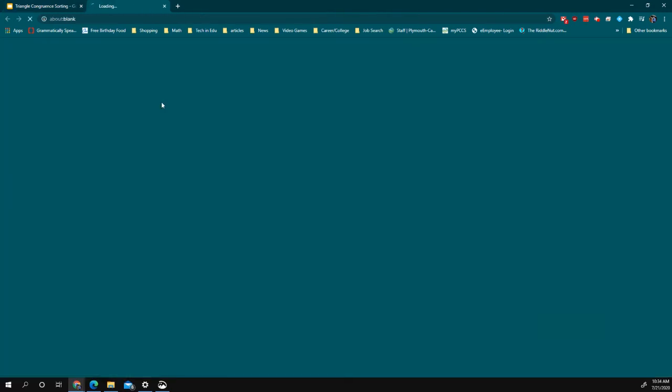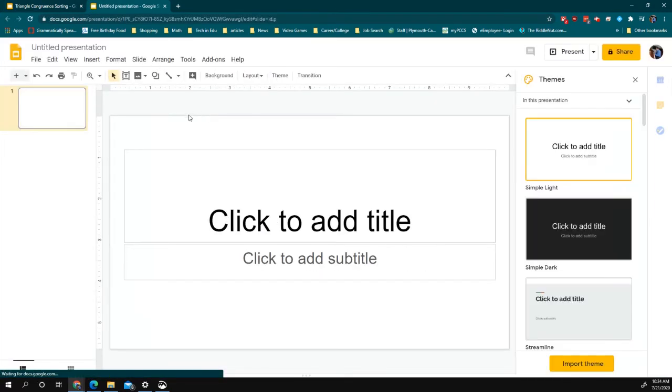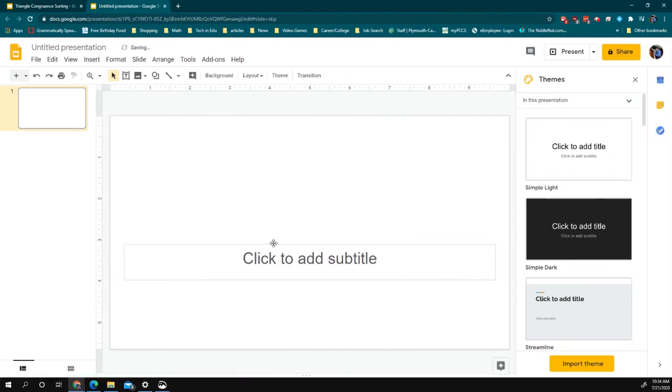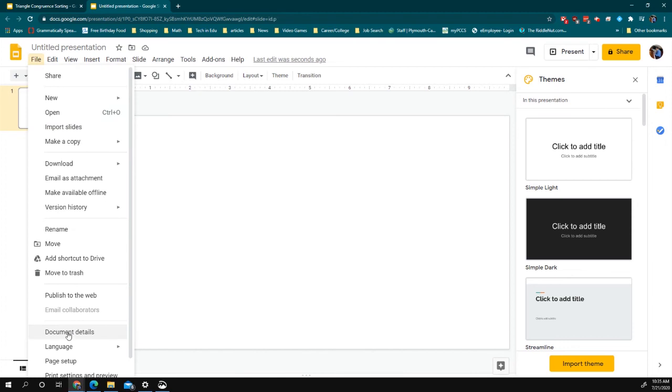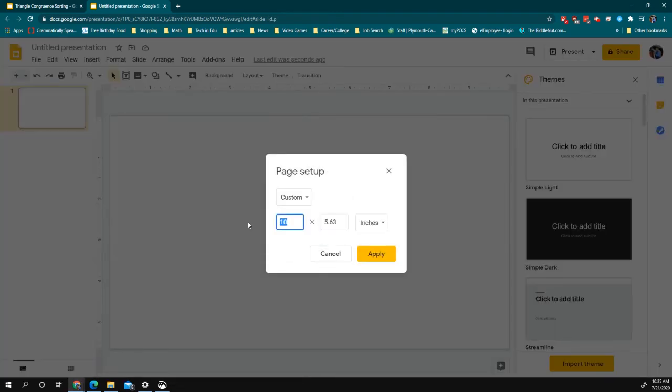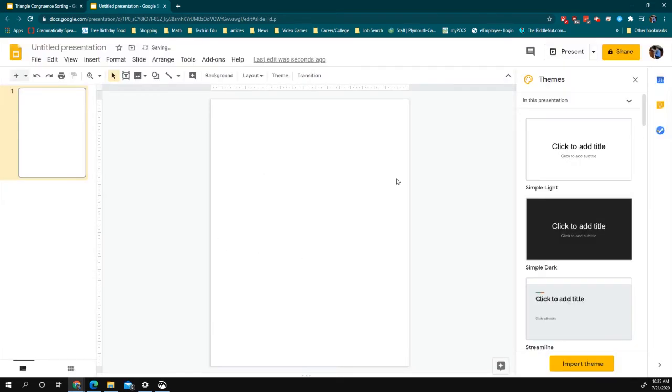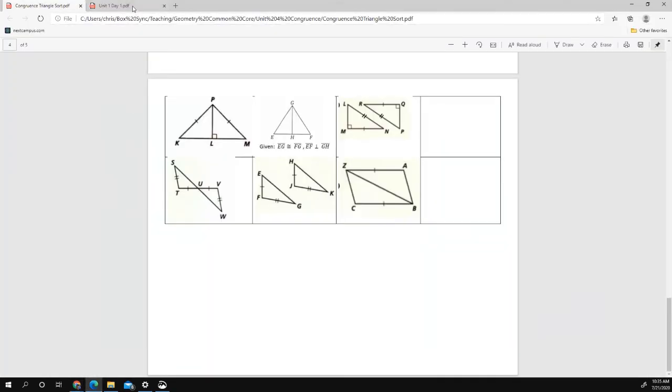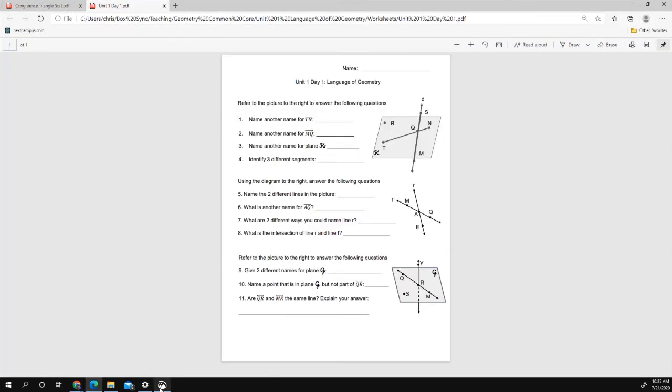So we're going to create a new presentation. And we're going to delete this stuff like last time. And now the worksheet that I'm going to be copying in here is a piece of paper, and it is 8.5 by 11. Now this looks like a standard piece of paper. And just like last time, I'm going to find my worksheet, use the Snip and Sketch tool,